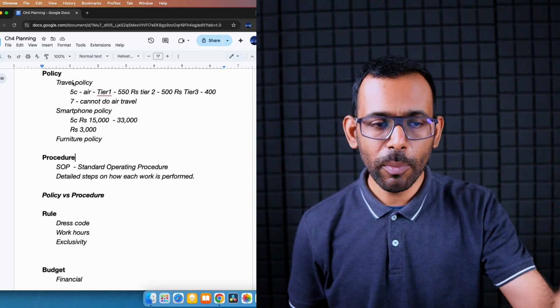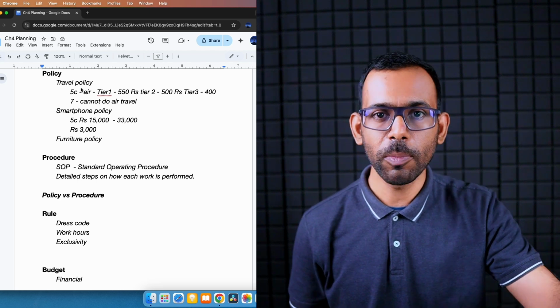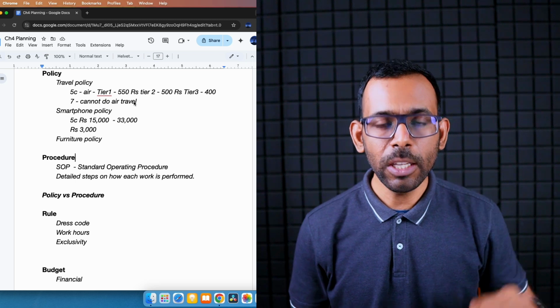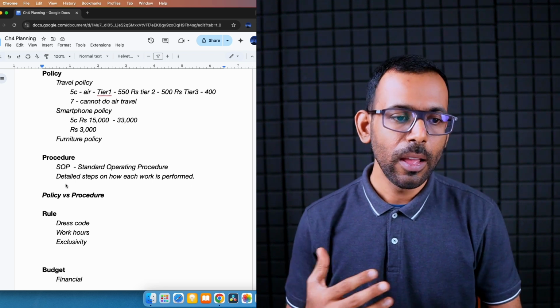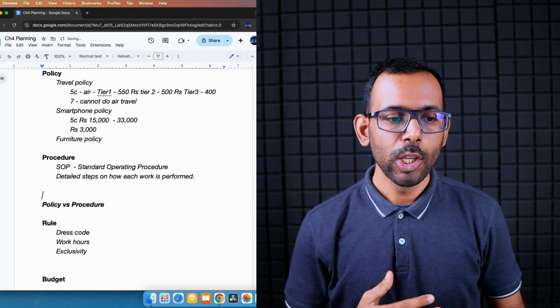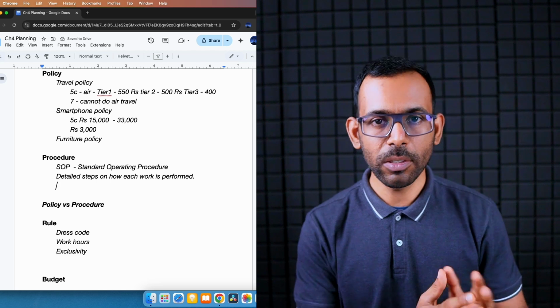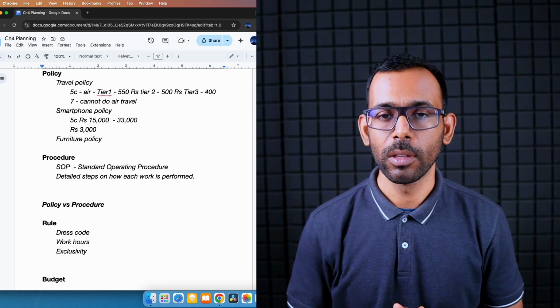Now I will tell you the same travel policy versus travel procedure. Travel policy, you remember the story I explained you, it talks about the limits and allowances, how much each person gets and everything. Now travel procedure is how one should even initiate the travel. So first, let's say, as I said, I was from Chennai office. So I have to go to Mumbai for a 10-day trip, a 2 weeks trip. Now I have to raise a travel request to my boss.